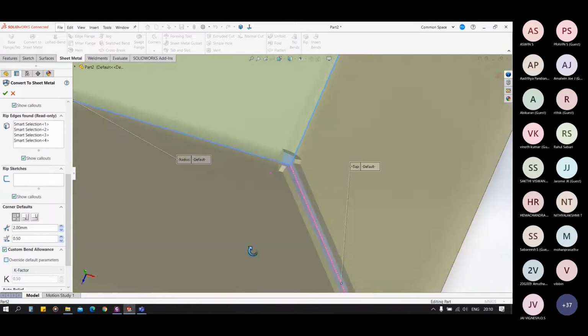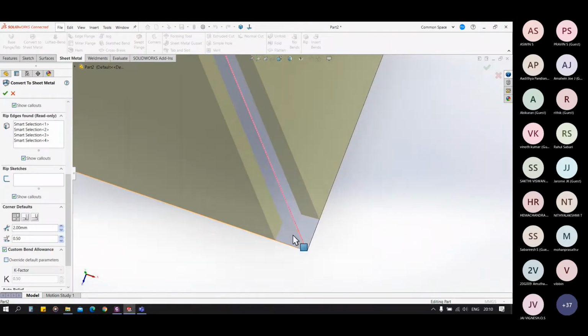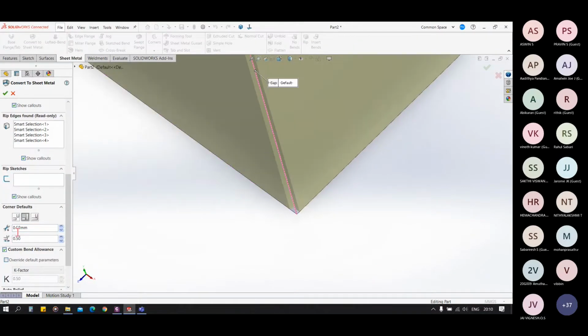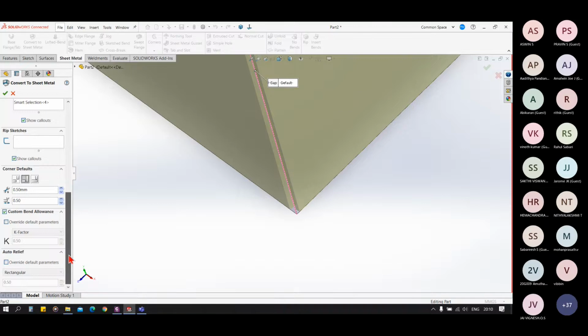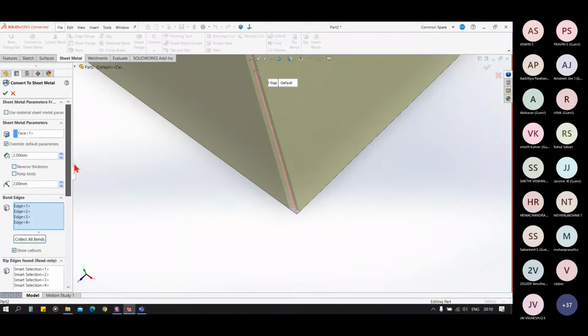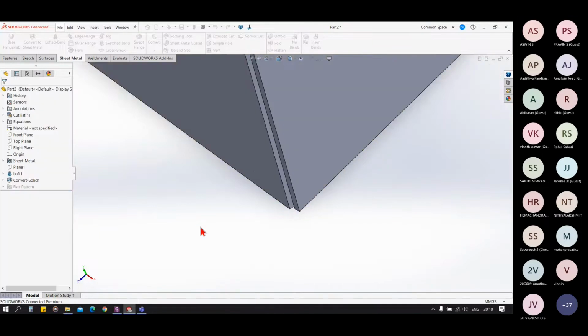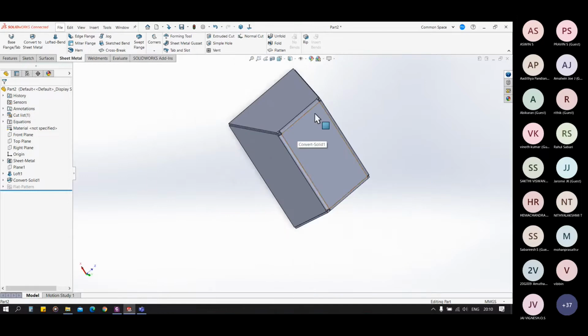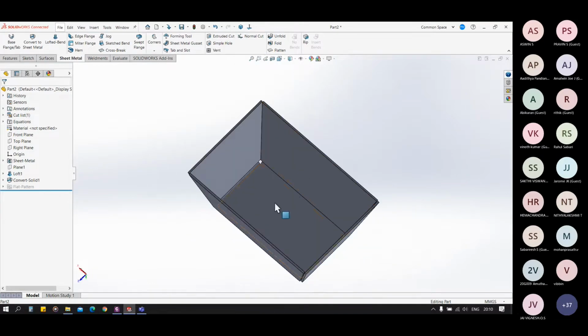We have our option for the corners. You can see the difference in corners here. You can reduce the corner gap here, and you can see the difference. You can change the corner type from here. Now let's click OK, and you will see the 3D solid block has been converted into a sheet metal body.